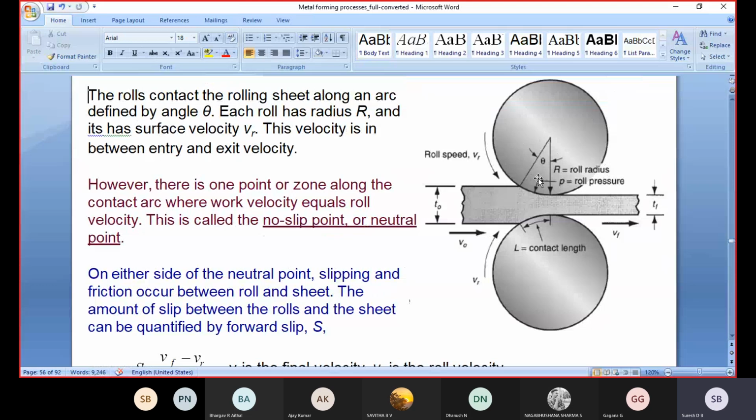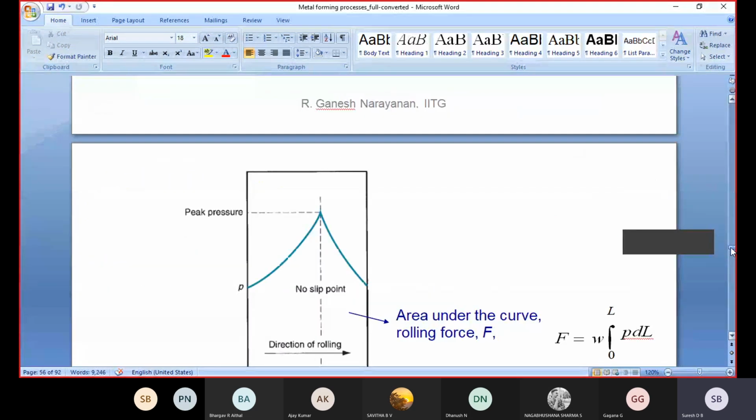Here, only this much portion is in contact between both the rollers and the workpiece material. This particular point is called the entrance, and this particular point is called the exit. This point, exactly the center of the length of the arc of contact, is called the peak point or compression point. The curve is divided into three categories: first, the entrance; then the peak point or peak load; and last, the exit. That is what is shown in the graph.